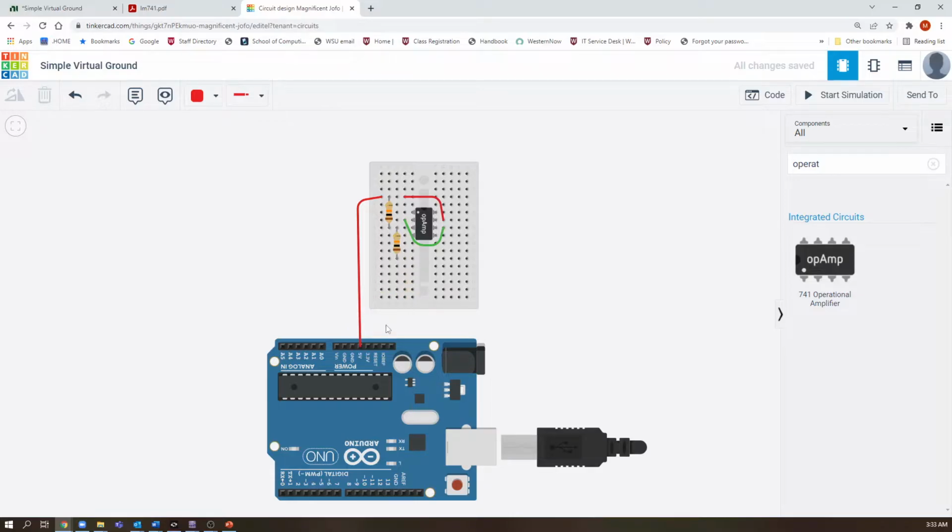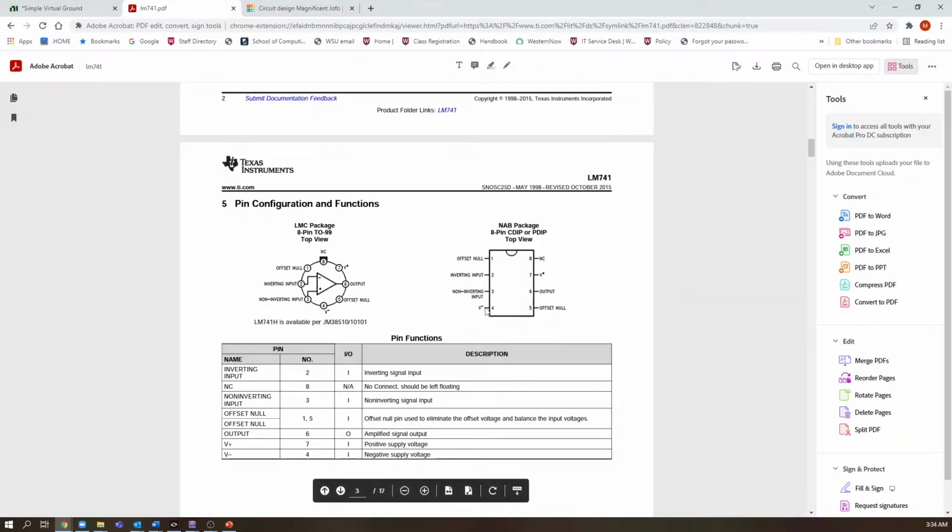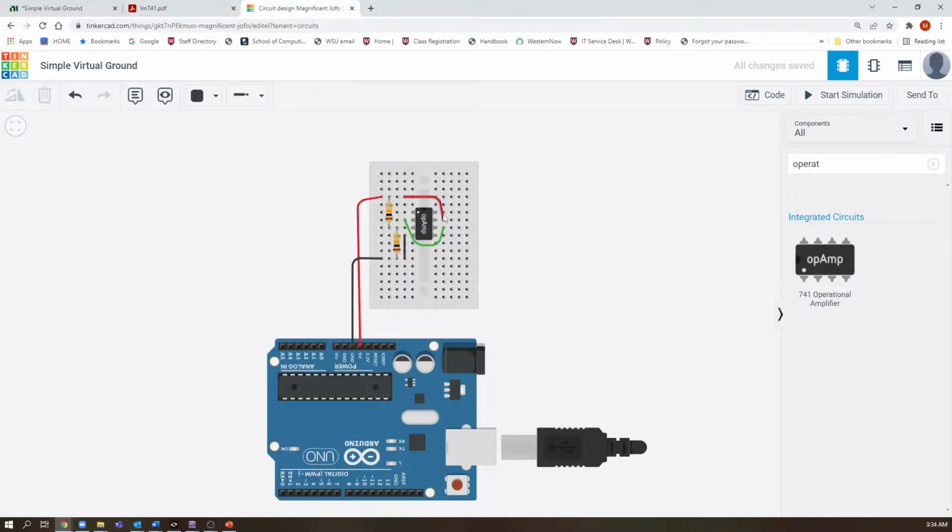Actually, I might just put this here. This, I will color this black, and then this one is there as well as a power supply, this one, and then